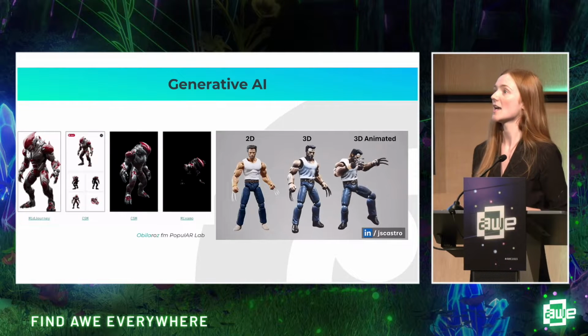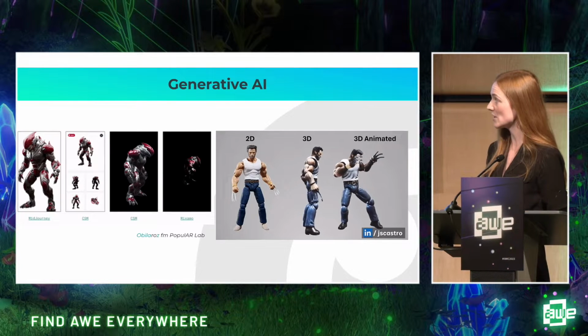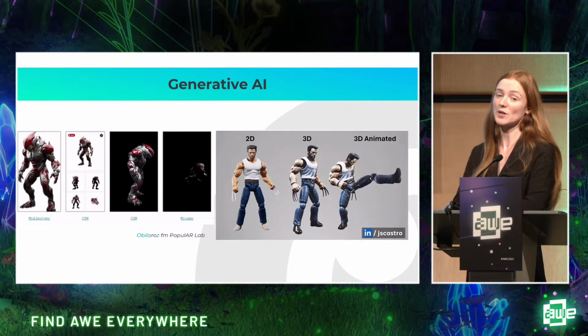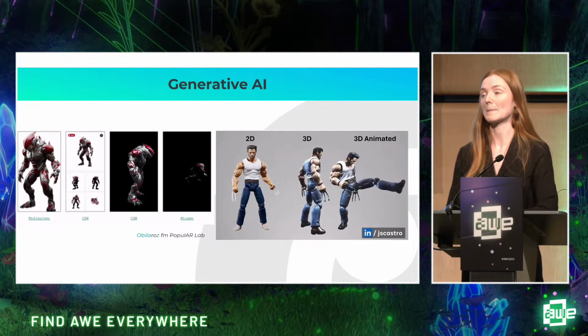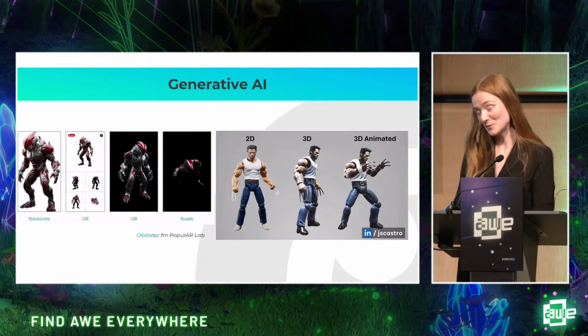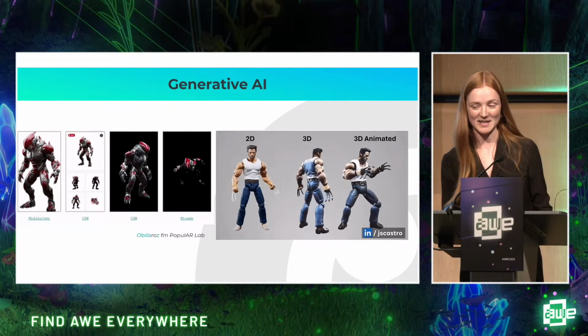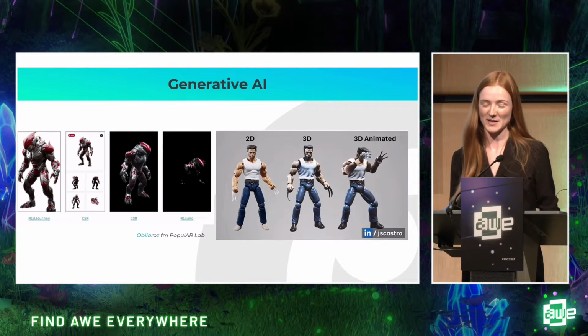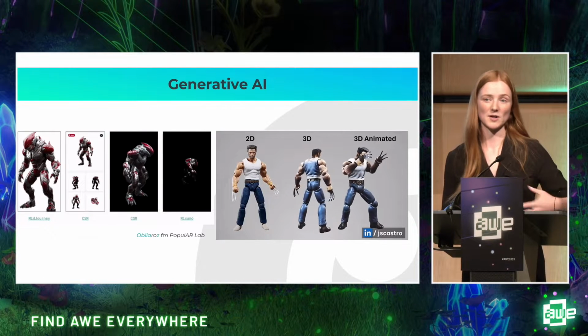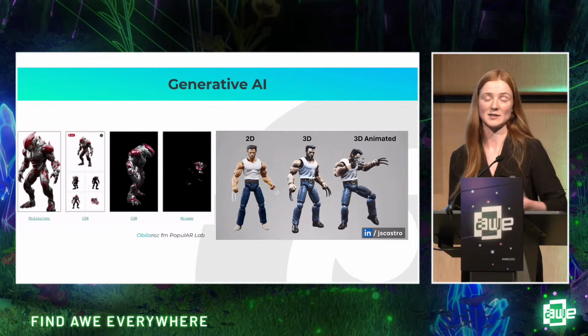Then looking at models and animation. These are two examples that I pulled from people on LinkedIn who were showing their workflows of how they used Midjourney to generate an image of a model, put it into Common Sense Machines, which turns it into a 3D asset, and then put it into Mixamo to put a pre-made animation on it. So these are really great ways to have quick workflows, and they can be really great for prototyping and brainstorming